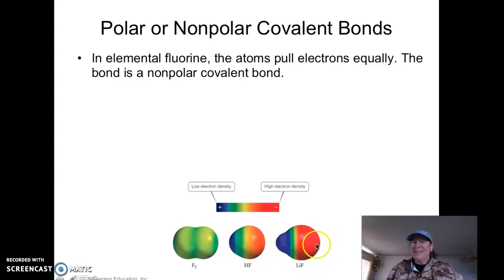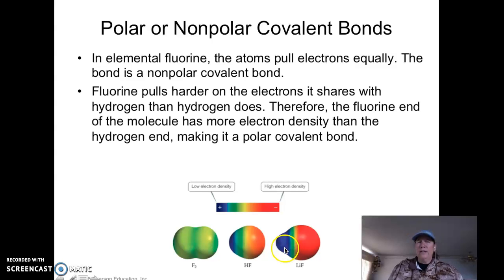And then this represents an ionic bond. Lithium will give its electron to fluorine. So there's no sharing going on here. They're transferring them. Okay. So again, the fluorine pulls harder on the electron